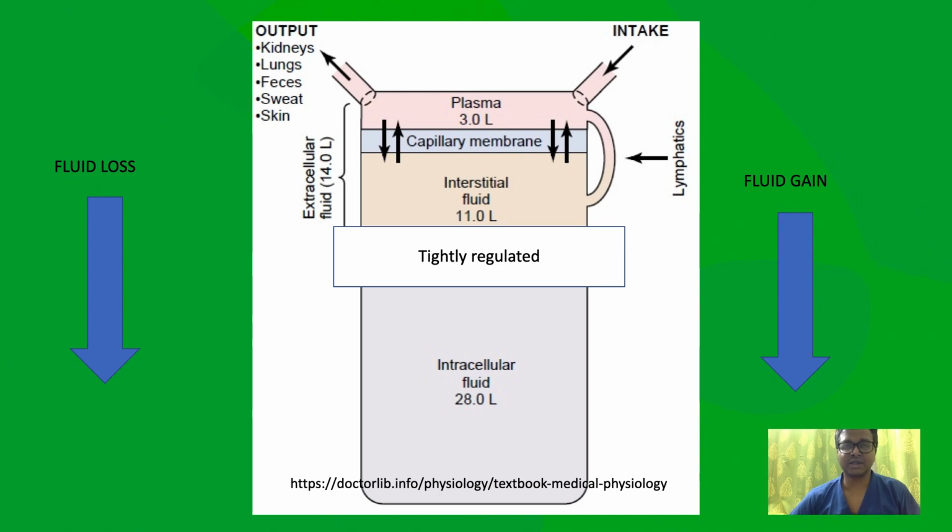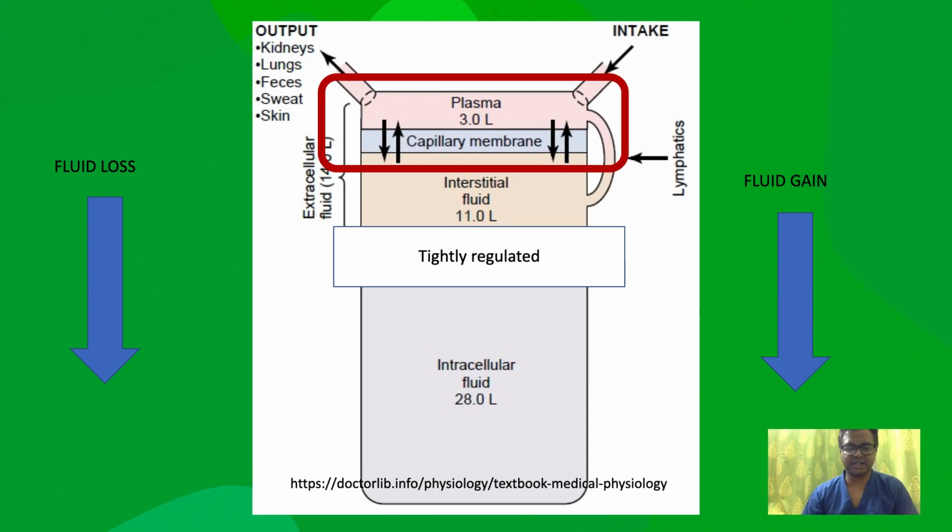And in most clinical situations, unless there is a very rapid and high change in osmolarity, this compartment is tightly regulated and there is not much fluid which is exchanged between these two compartments, that is the interstitial fluid compartment and the intracellular fluid compartment. On the other hand, the junction between the plasma and the interstitial fluid is actually very leaky, which is bound by the capillary membrane, and it becomes even more leaky in certain clinical conditions that we are going to talk